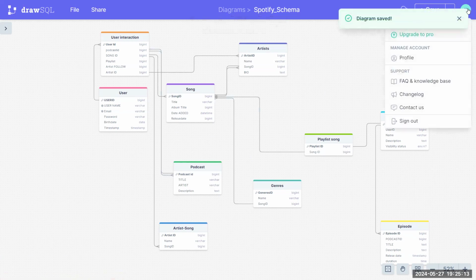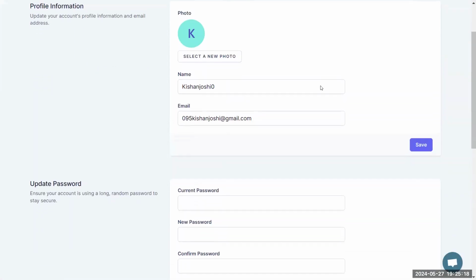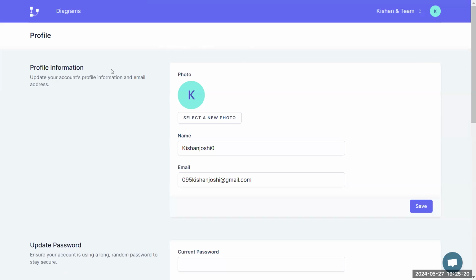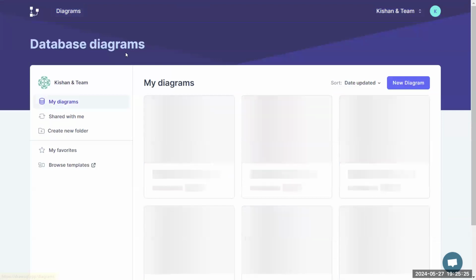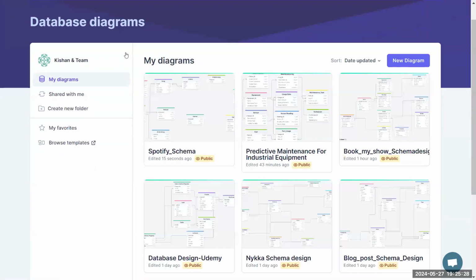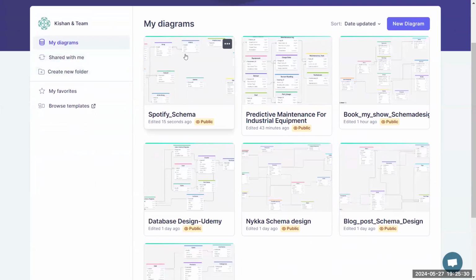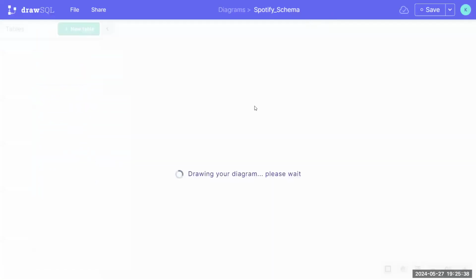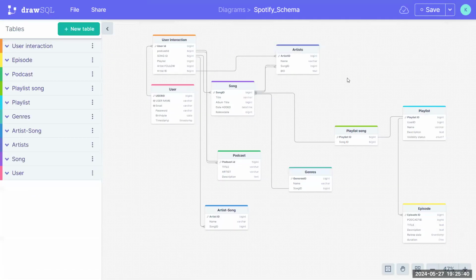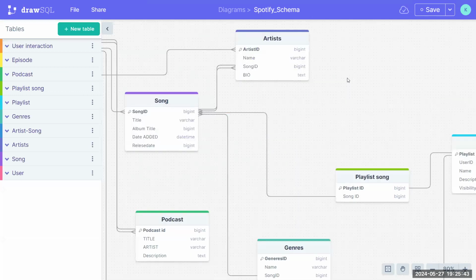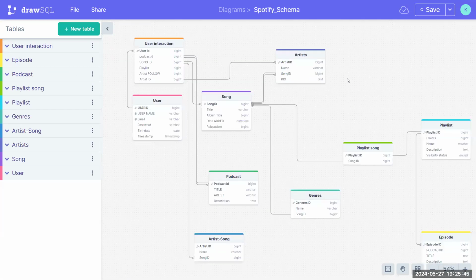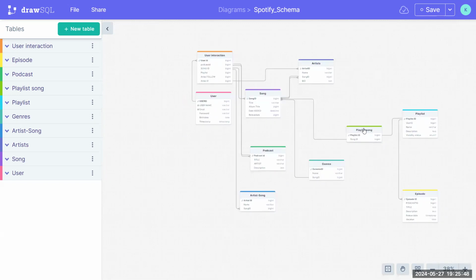We can go into our profile. You can see our profile as well. This is my profile and all the stuff. Diagram. We can go into the diagram. And yeah, Spotify schema is also there. It doesn't look nice, I think. We have to change something because certain fields are going in a certain direction, which is not so great. It should also look great from the outside perspective as well. So let's reduce the